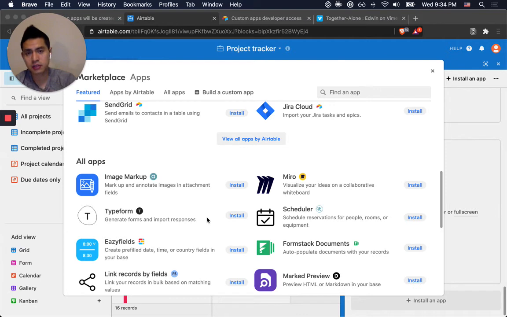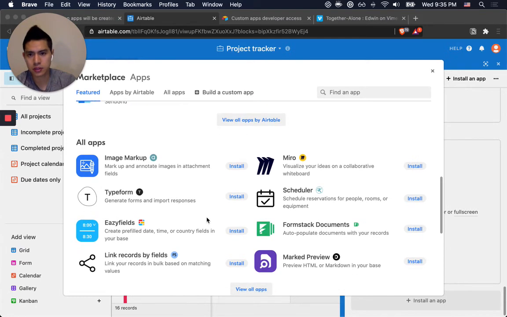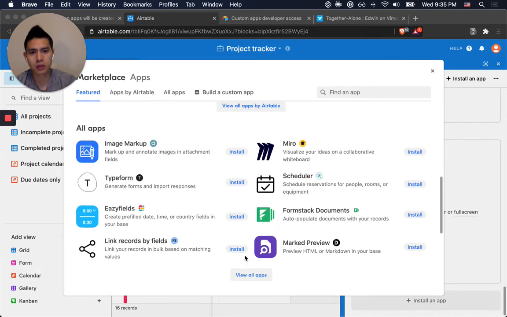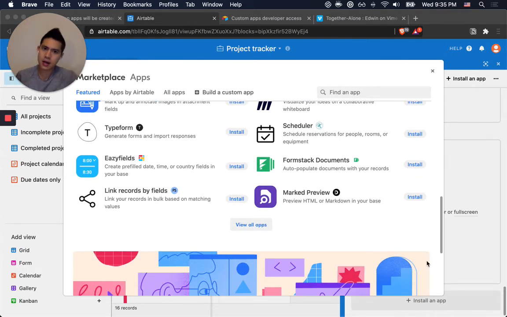If I'm technical enough, it sounds like I need to code in some way. I can build my own custom application that I can in turn share on this marketplace to add things. I suppose I could see that this is their way of, it's like the Airtable marketplace for applications that can sit on top of the database. So if you think about Airtable as a database and you want to add other functionalities to, say,